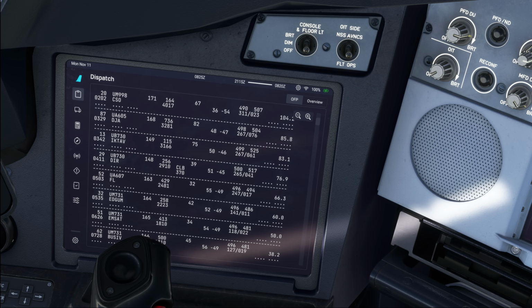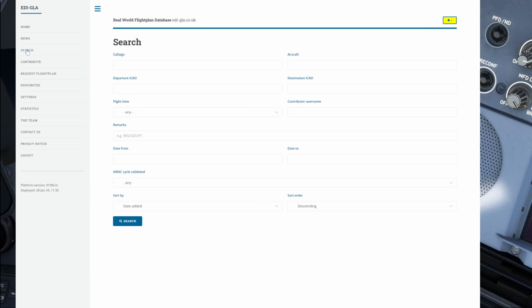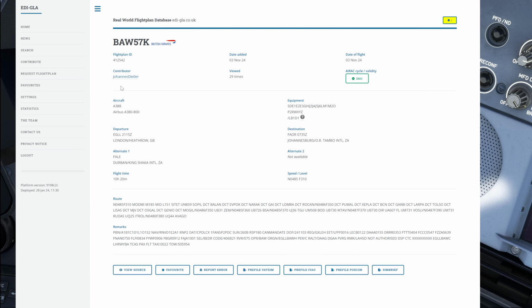Now, in order to check which of the two is more realistic, we can go to one of my favorite flight simulator websites, which is Edigla. That's Echo Delta India minus Golf Lima Alpha dot co dot uk. And over here, you have a free registration, it doesn't cost you anything, and you have a database of real-world flight plans that have been added by volunteers. If you just go to the search function here and search for Heathrow to Johannesburg, then we can take that first flight over here from the 3rd November, and you can see that this is on the A380 on our route,